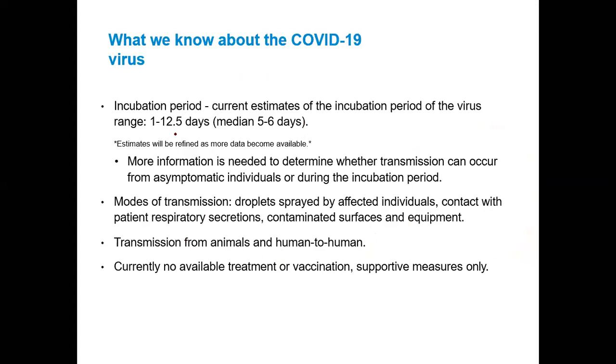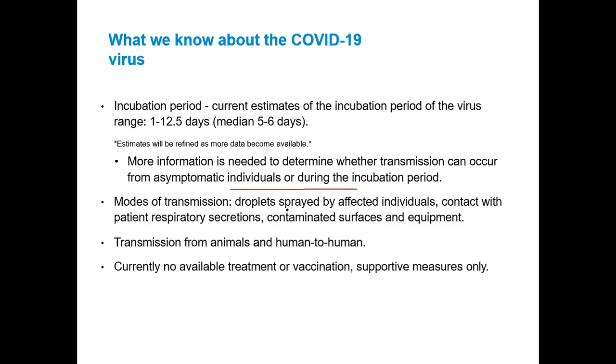Incubation period of coronavirus ranges from 1 day to 14 days or about 13 days, and the average is between 5 to 6 days. More information is needed to determine whether transmission can occur from asymptomatic individuals or during the incubation period. طبعا الكلام ده حصل له updating امبارح بس أو sorry, yesterday they announced that there is no clear evidence that asymptomatic patients can transmit the infection to other people. This is very important. يبقى الكلام ده حصل له updating بس من يومين.